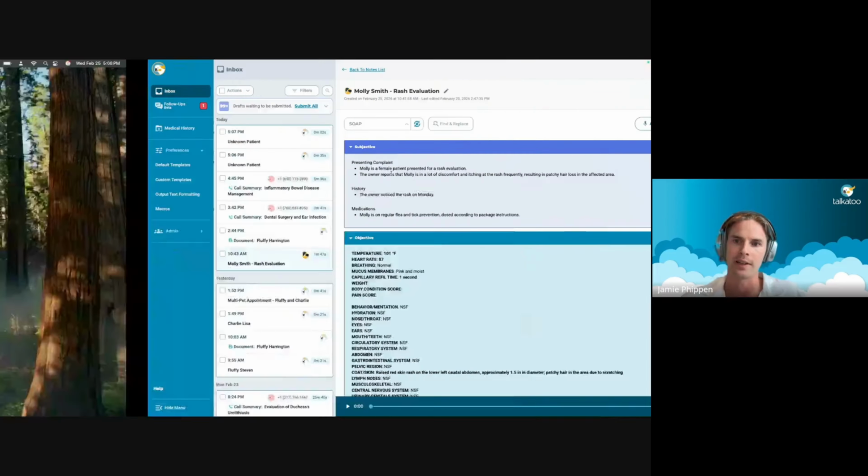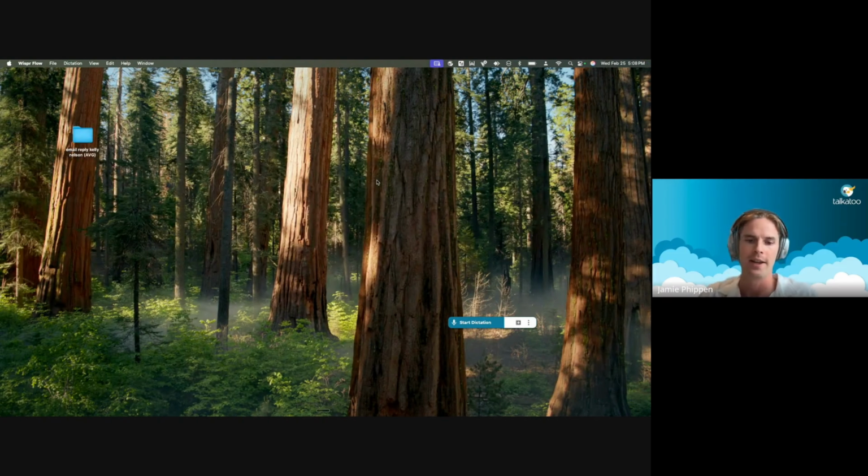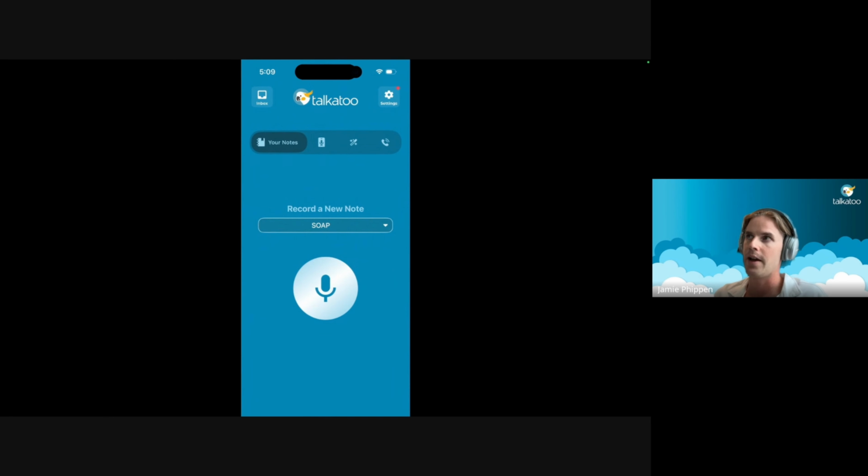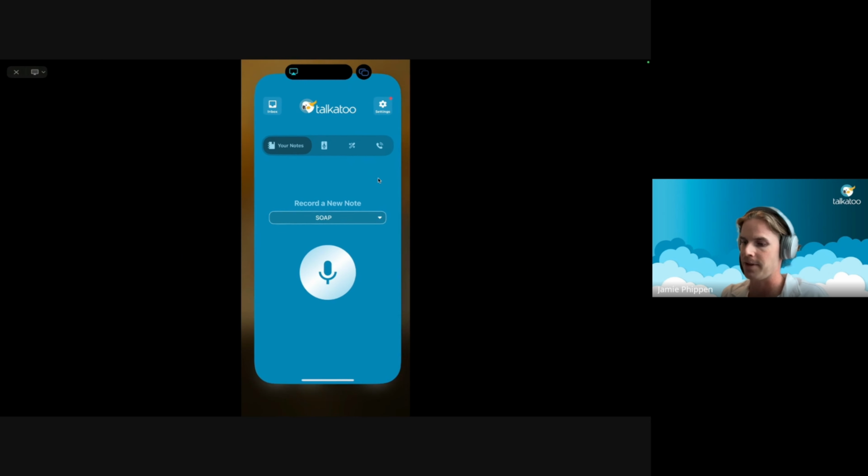So add to note is a really helpful function, and it might just kind of change your workflow with the app. If you wanted to do that from the mobile app, I'm going to just detail how to do that. Not everybody has a microphone on their computer or has the ability to dictate into the computer. And so if that's the case, you can absolutely do it from the mobile app. And to do that,